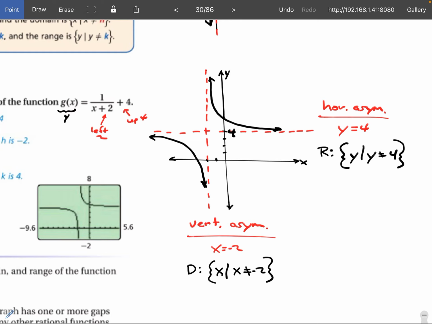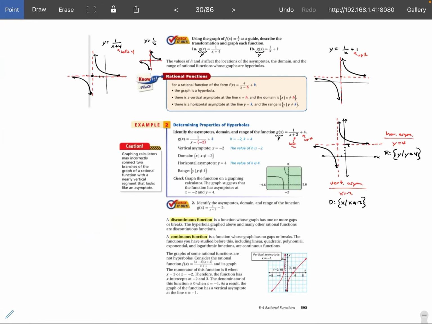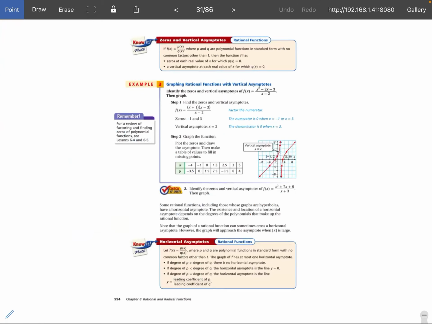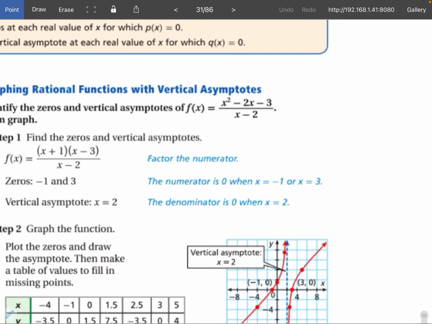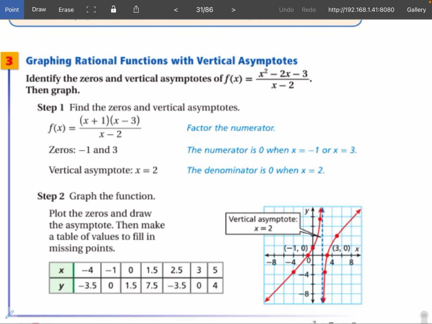Okay, let's try the last example then. So the last example, again, we're going to split this over 2 days. So the last example I think is on the next page, or no, is it on this page? No, it's on the next page. So we'll go, yeah, we'll do this one this time. So this one says